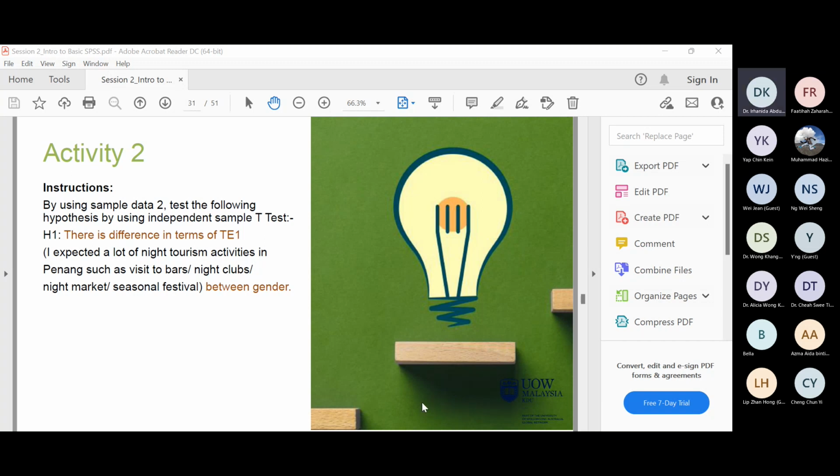How many of you have the SPSS actually? Or actually everybody cannot download the SPSS? I think most of you, is it?